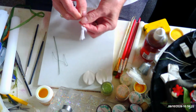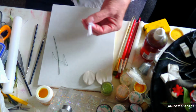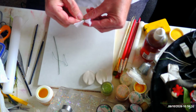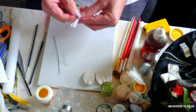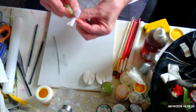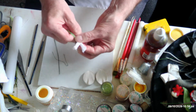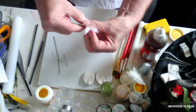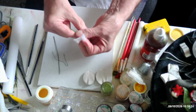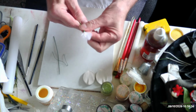The best thing to do first is to make sure that the cotton is attached to your wire. So if you start off with your stem tex, start it off underneath the cotton, give it a twist to make sure that it's securely onto your wire. Then bring your cotton up like that and bring your tape up to the base of your cotton, and then just go around. It takes a little bit of fiddling because it's soft, and then come back down onto your wire. Make sure it's really tight like that,